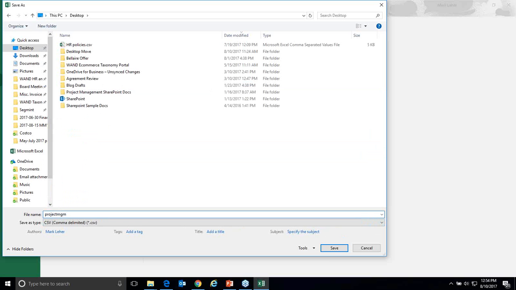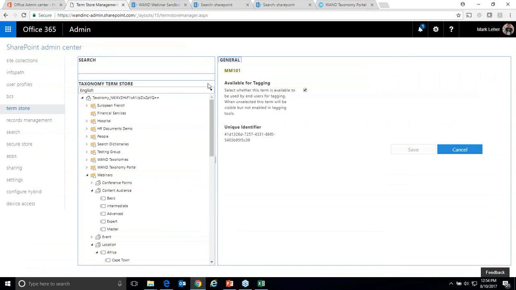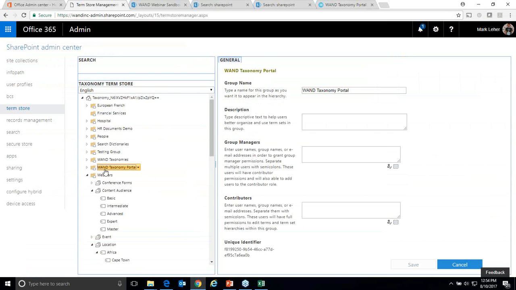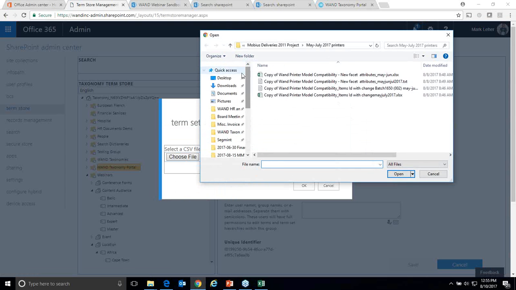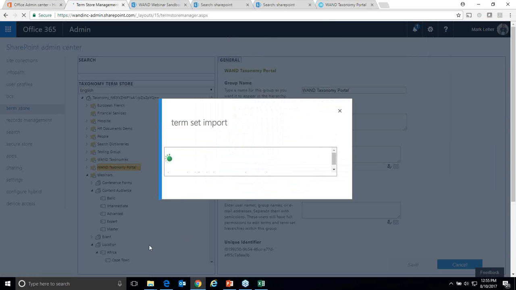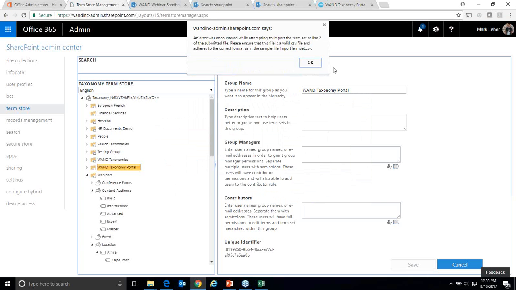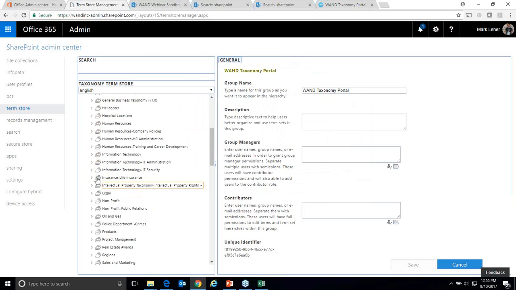I'm going to save it to my desktop. And now if I come back to the term store, all I have to do is right-click on a term group, import a term set, and just navigate to that CSV file. So it's that easy to start. Now I have a project management taxonomy